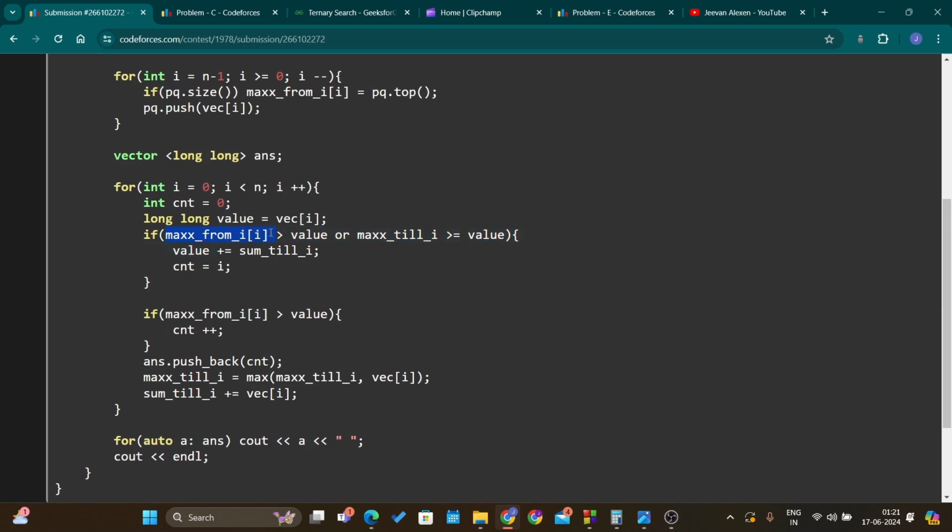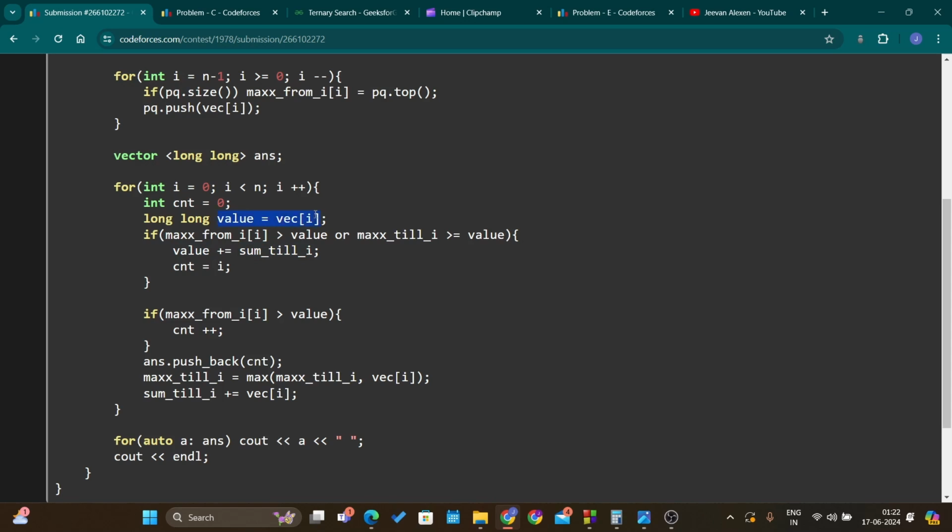So if some candidate after I has value greater than the value vec of I, or if some candidate till I has value greater than or equal to vec of I, what I'm going to do is that I'm going to eliminate all the candidates below I. So the number of candidates that we eliminated will be equal to I, and I'm going to add the sum till I. Sum till I is the sum of all the fans for all the candidates below I. I'll add that to the value.